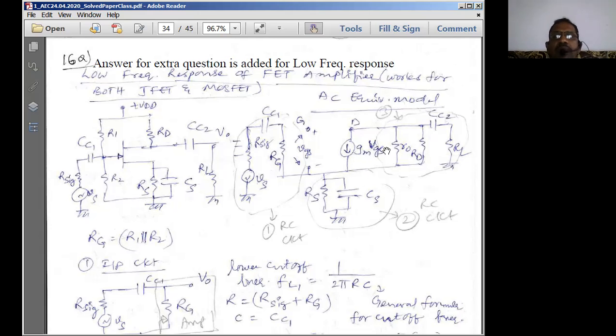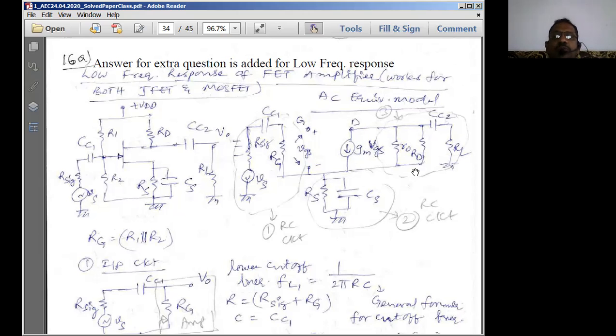Because it is a current dependent current source, the parameter is going to be current, HFE into IB. Now here in the output side, this output current depends on the input voltage VGS. Therefore, VGS should compulsorily come in the output current side. If VGS has come here, what should be this value here to get a current? It should be GM. GM is nothing but current by voltage. So GM is nothing but transconductance, where output is current and input is voltage, so ID by VGS. When you write like this, VGS gets cancelled, and we are left with only ID. So that is the current we will be representing here in terms of GM into VGS.